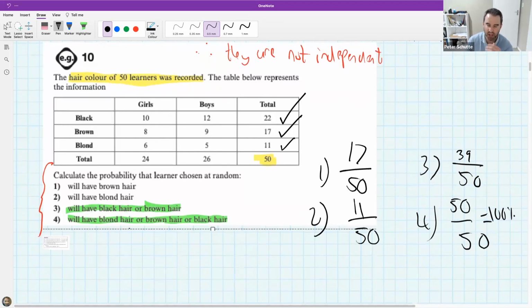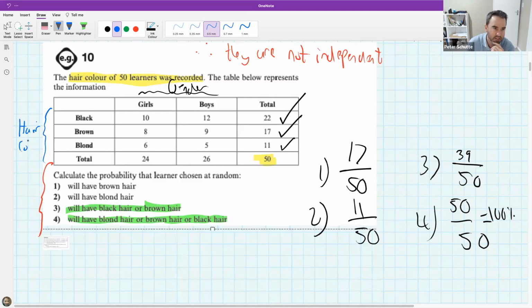Maybe now we want to check whether or not gender is independent of hair color, right? So we have gender up here, and that's split into boys and girls. And then over here, this is hair color, and that's split into black, brown, and blonde. Now, there's a couple of different ways we can do this. We can deal with girls and black hair, we can deal with boys and brown hair, but we have to just be consistent. So what I'm going to start by doing is I'm going to say,